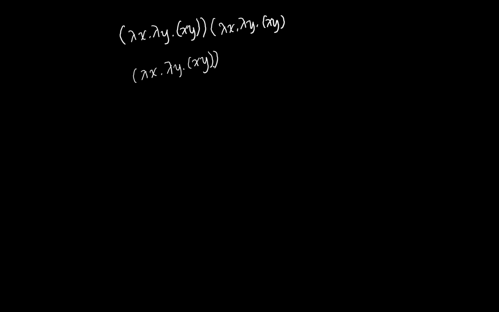So I'm just going to copy the first one, but the second one, I'm going to change all x's into u's and all y's into v's. So I'm going to end up with a brand new looking expression, but actually it has the same meaning as the previous one. So what I ended up with is lambda x dot lambda y dot xy applied to lambda u dot lambda v dot uv. And if we're gonna do the same process again,